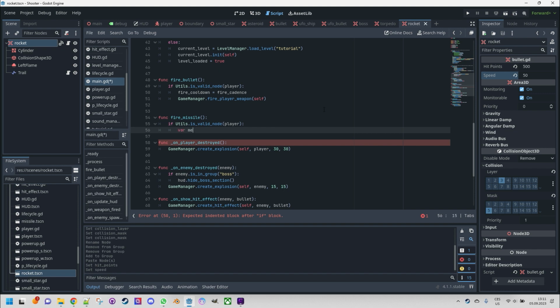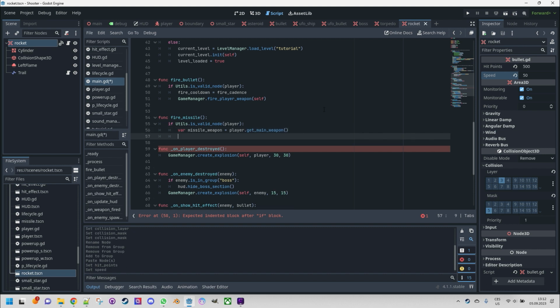And now we will detect the missile weapon node. Missile weapon is player get main weapon. This is another function which is not implemented yet. We can have it here as a placeholder. So if missile weapon was found,